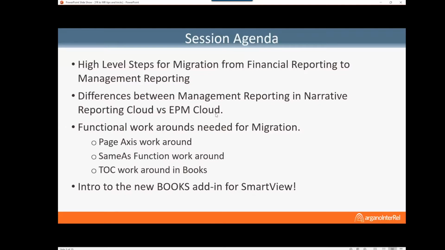What we'll be covering today is some high-level steps for migrating from financial reporting over to management reporting. I intend on talking about both management reporting in the EPM cloud tools, such as Planning and FCCS. Also, it applies to migrating into the Narrative Reporting cloud service. There are some minor differences between management reporting in Narrative Reporting cloud versus the EPM cloud tools, which I will